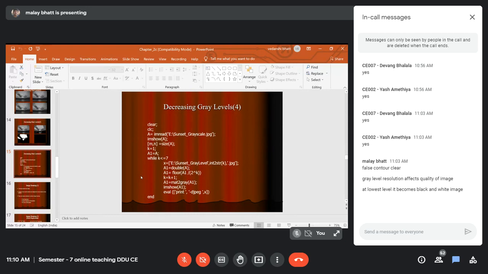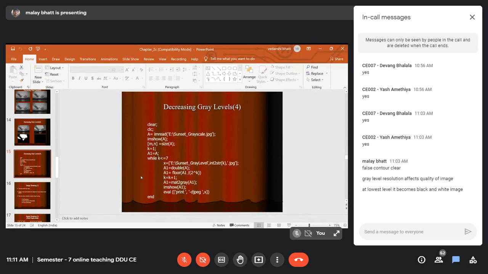2 raised to k, where k is 7, so 2 raised to 7. I am dividing the image by 128. We'll start with k equal to 1. When k is 1, we'll divide the image by 2, so we'll get the 128 gray level image.